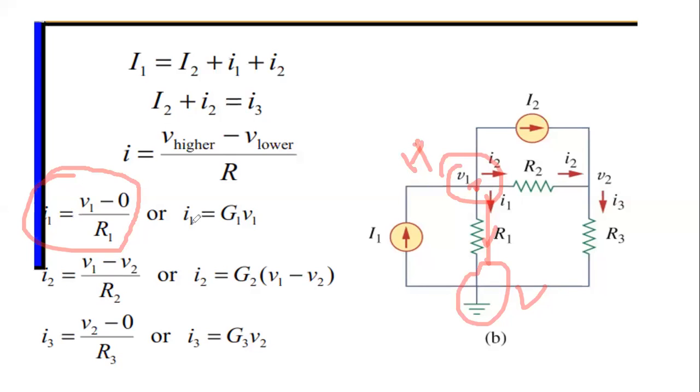If you have some doubt, you can ask on chat box. Okay, after that, 1 by R1, you know, V1 minus 0 can be written as V1, and 1 by R is a conductance, so it can be written as I1 is equal to G1 V1. Okay, so if you convert it into conductance, it will simplify the equation. So that is not an issue. First equation: I1 can be written as V1 minus 0 divided by R1.